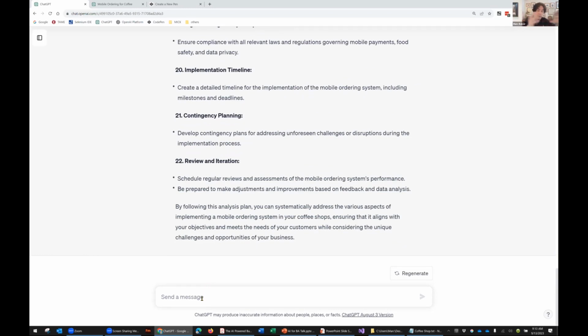Typically, after we do something like that, we will then say, okay, let's give it a simple artifact, like write an elevator pitch to sell this to Green Mart management. Green Mart is the name of the big company.